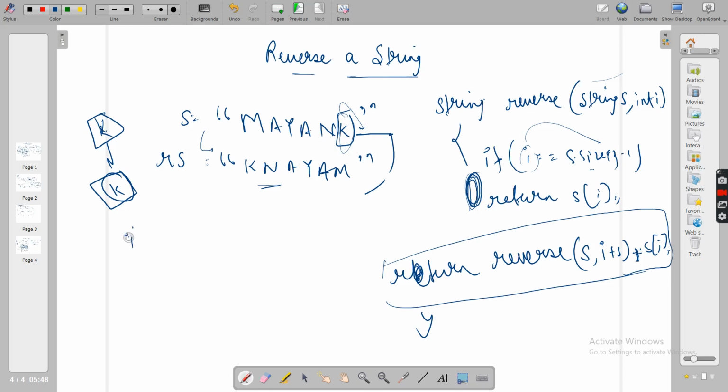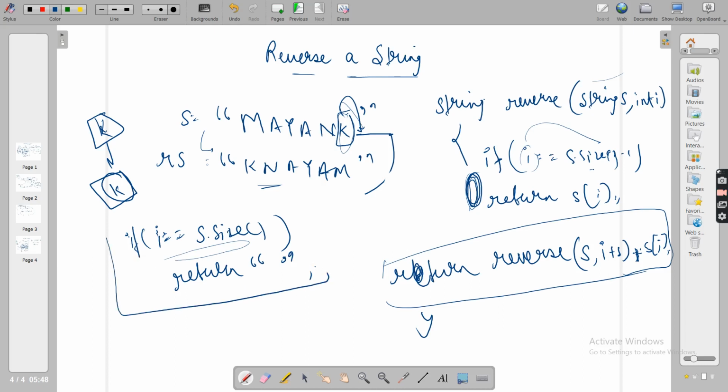But another base condition may be, if I just crosses the final index, which means I equals s dot size. So I crossed the final index itself. Now there is nothing, so you can return an empty string. All right, so this is also correct, because you are not reversing anything, just returning the empty string.